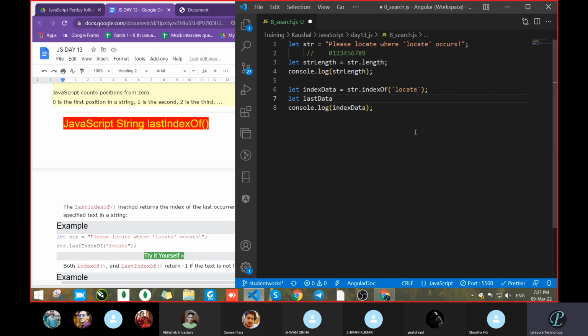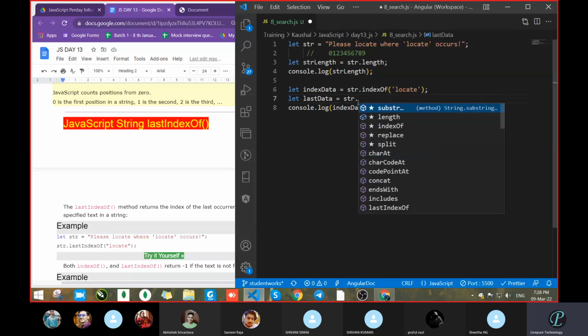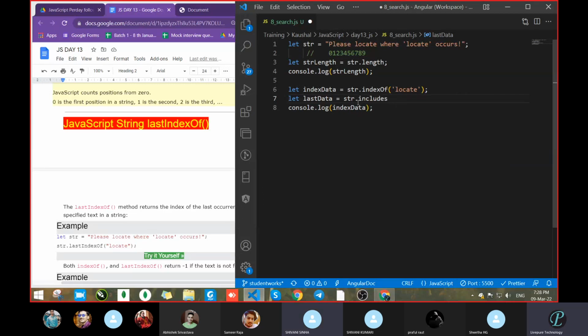Fine. So for lastIndexOf, what is the name of the string, the complete variable? It is str. So we will take str dot. Now check, is there any lastIndexOf method available? So see, we got lastIndexOf in the bottom.